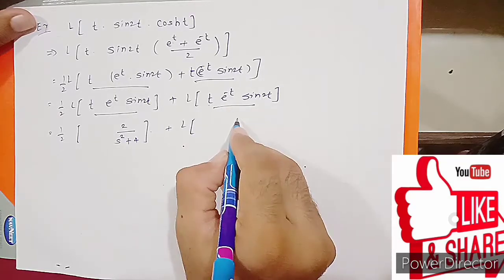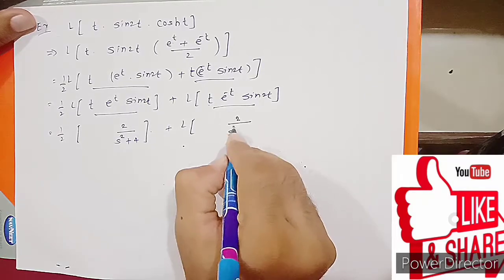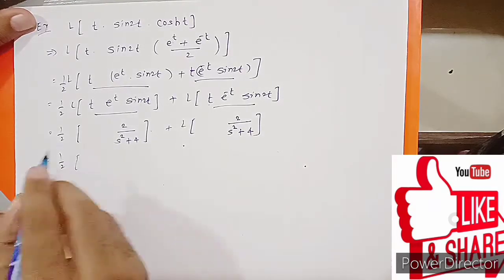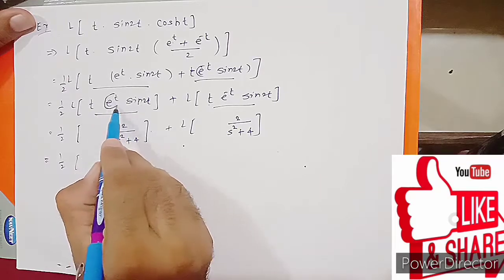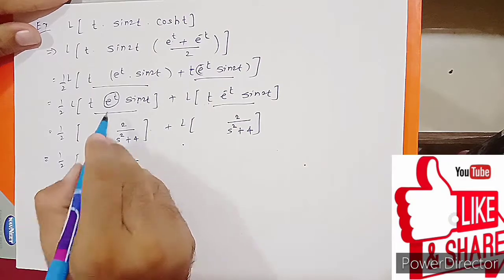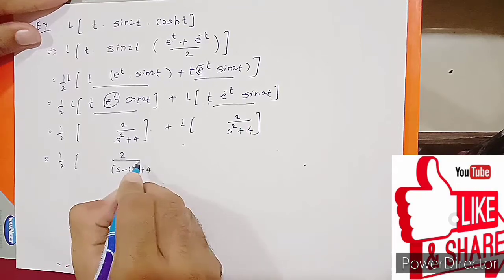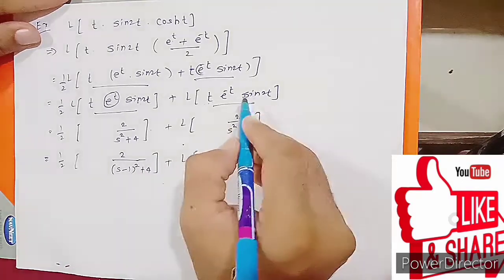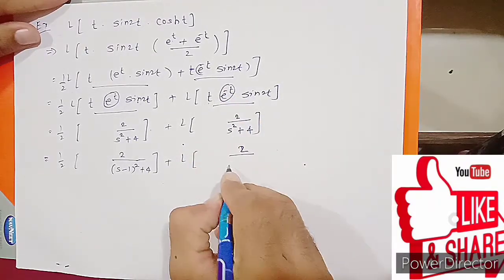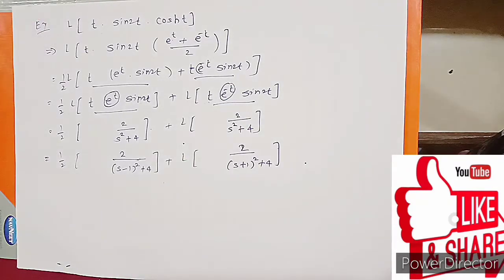We're taking e raised to 2t Laplace. So what is the Laplace of sin 2t? Laplace of sin 2t is 2 upon s square plus 4. Now in this term we apply first shifting. So what is the first shifting of this? Again t is as it is, so the first shifting of this is 2 upon, here positive 1, so we are changing all s with s minus 1, plus 4, plus, again in this step what is the first shifting? Plus 1 here, -1 here, so we replace all s with s plus 1, right, because in e raised to there is a -1.